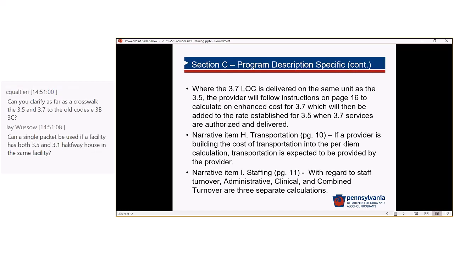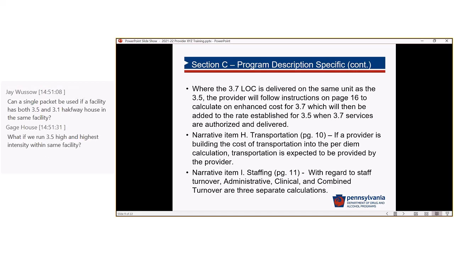We've heard lots of situations where an SCA or organization reaches out to the provider and requests transportation, and the provider indicates that they don't deliver transportation, or they're not able to do that. However, it was something that was requested and built into the rate. So we just wanted to point out that if you're building that cost into your per diem rate, you're actually able to and willing to deliver it as needed.